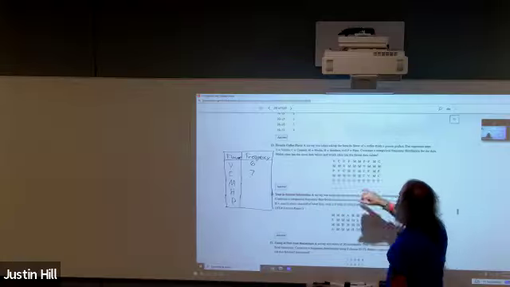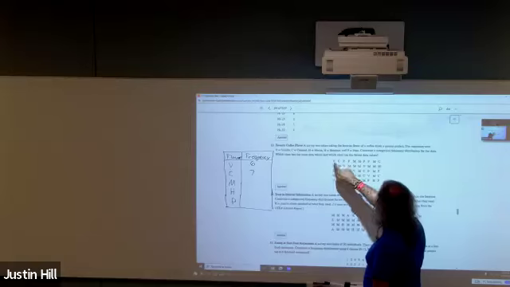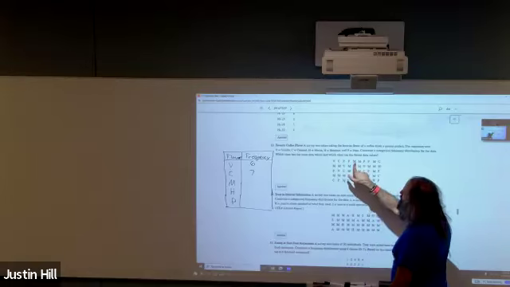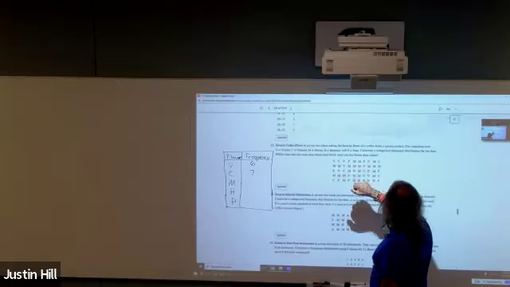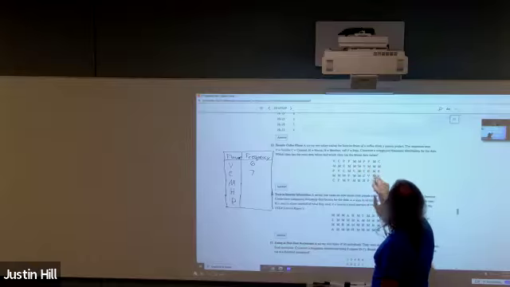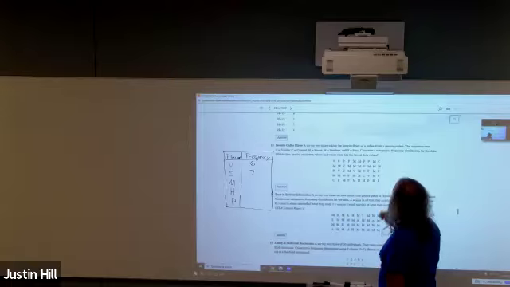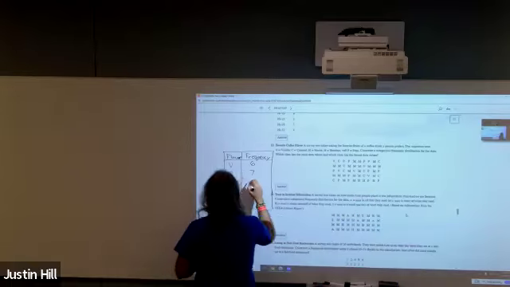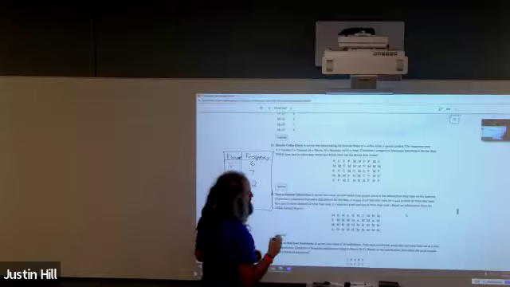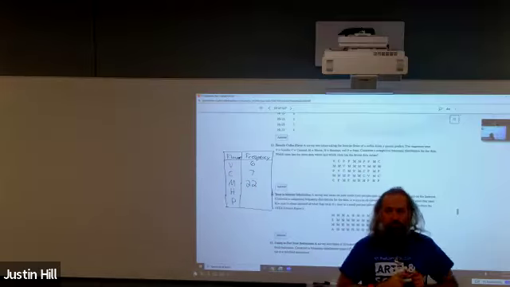And then M is mocha. So this is the one that is showing up a lot. So basically chocolate. 1, 2, 3, 4, 5, 6, 7, 8, 9, 10, 11, 12, 13, 14, 15, 16, 17, 18, 19, 20, 21, 22. It's like 22. So a ton of people like mocha.